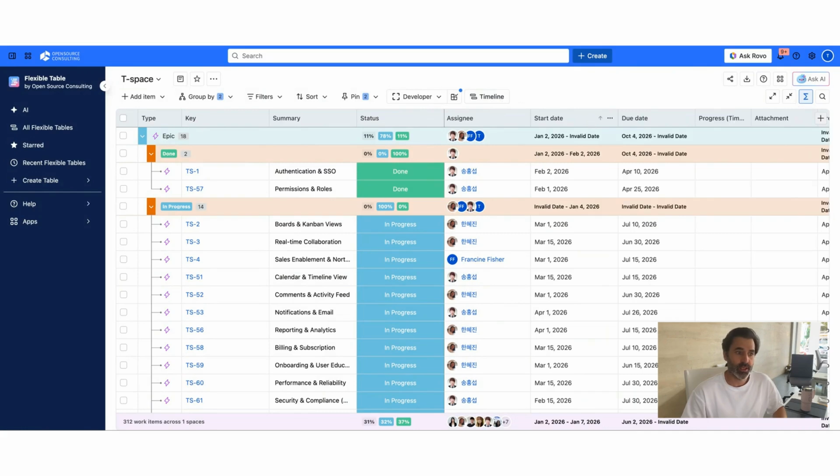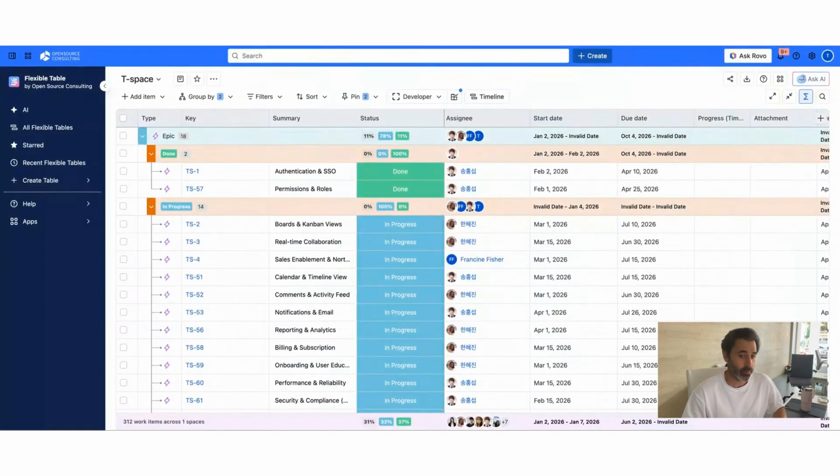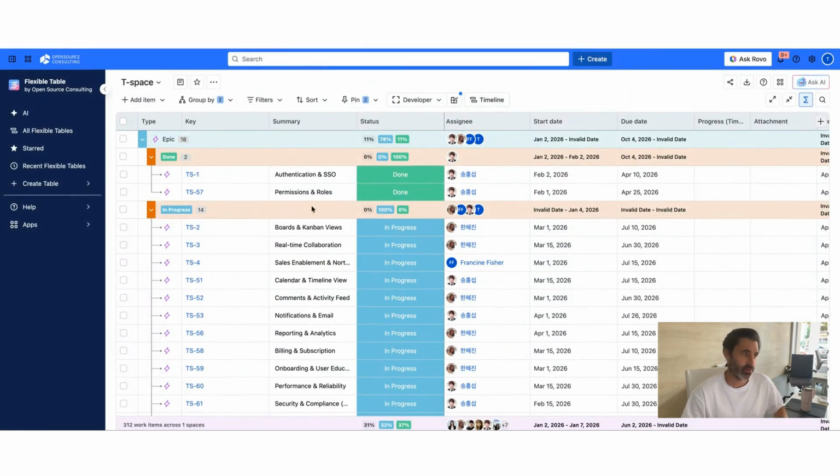Now we are going to see Flexible Table App, which is a PM-oriented app that will help your different teams across your organization to increase productivity. Here, as you can see, we have a table that can be grouped and subgrouped. Moreover, all these issues that you can see here are brought from different projects and different spaces. They can also be brought here by different JQLs and filters.